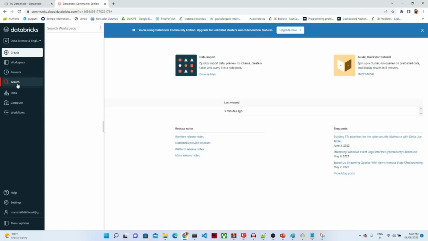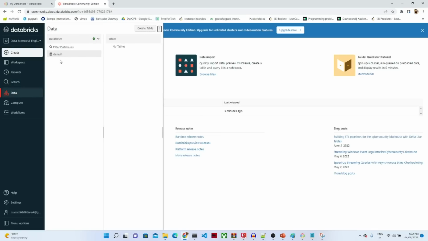Okay, after that search, here actually you can search the workspace and all. Okay, the next is the data. So whatever the database you will be having, all the database will be shown here. In a company we usually have so many databases and so many tables, and every table and database will be shown